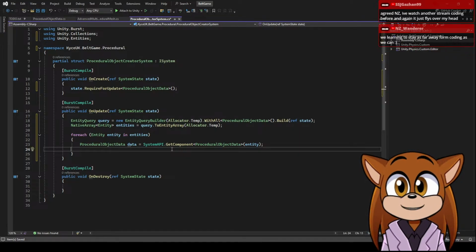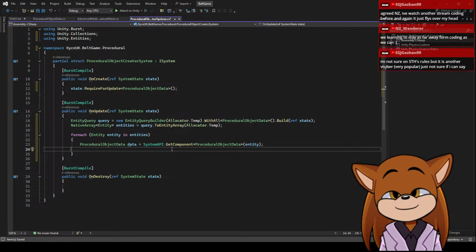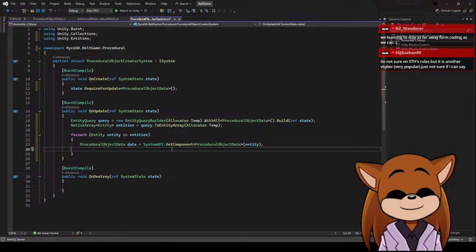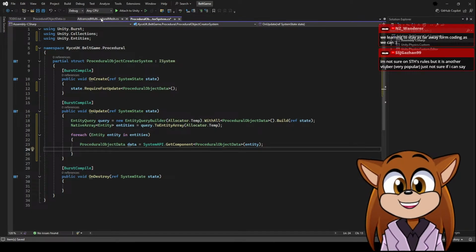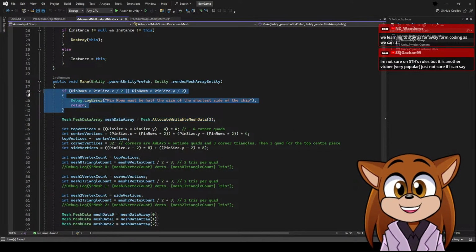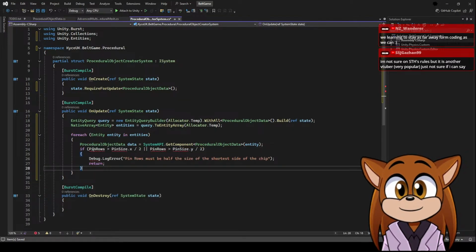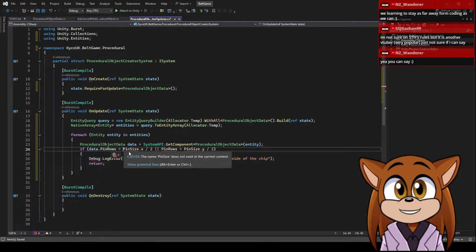Right, okay, so we got the data. But there's a couple of things I want to do. I want to run this here. So if data.pinrows